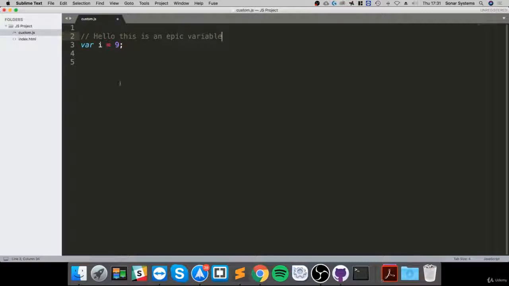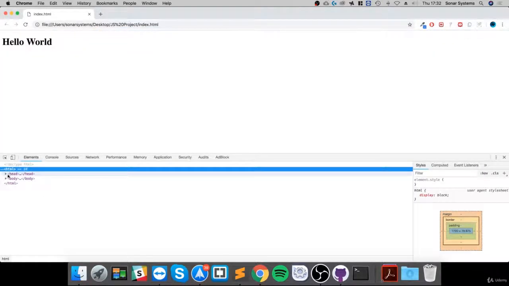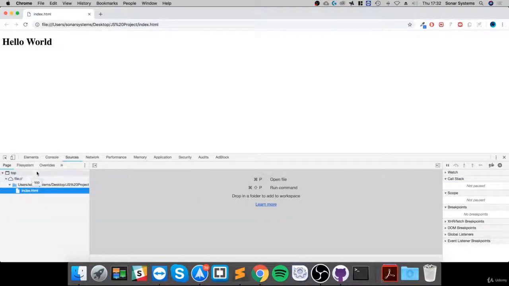As you can see, this text editor is gray. It's set to JavaScript mode, and it's sort of a grayed out color. And what that means is this is a comment. It's not going to get run. So if I just save that, go to the website, refresh, go to inspect, and go to custom.js file, go to